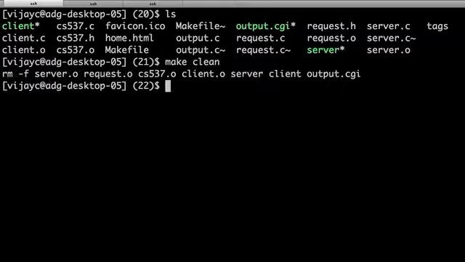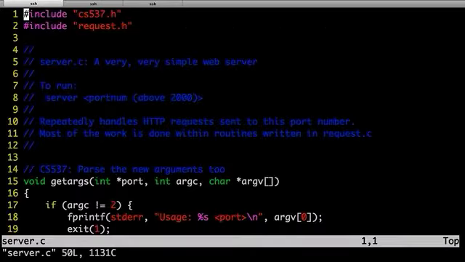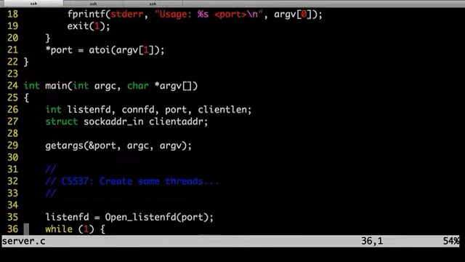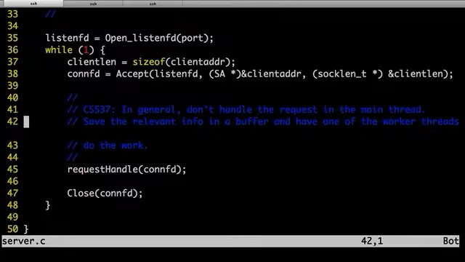Make clean. So what should I show you first? Let's look at server.c. It's a very simple web server, as we can see in the comments. You can see that there is a while loop, and in the while loop it's not doing much. It's accepting a connection. So when your client says I want a web page, it actually needs to establish the connection, as Mark pointed out, to the web server. And once we have connected, using that connection we can request files and receive files and so on.